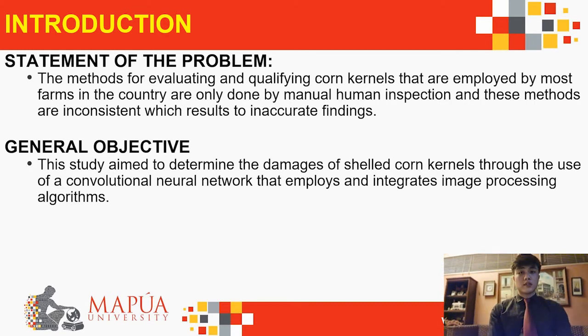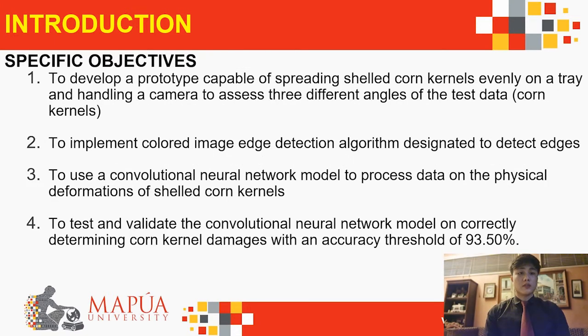Now for the general objective, this study aims to determine the damages of shelled corn kernels through the use of a convolutional neural network which integrates and employs image processing algorithms. Now we'll go more over this with our specific objectives. For our first specific objective, it is to develop a prototype that is capable of spreading shelled corn kernels evenly on a tray and handling a camera to effectively assess 3 different angles of the